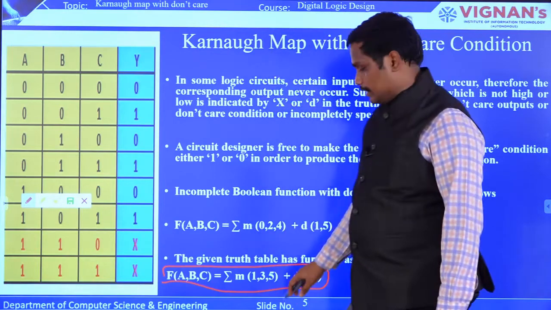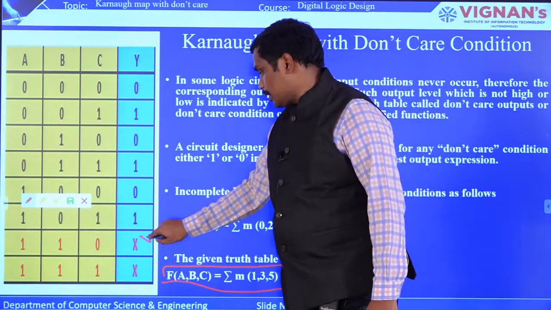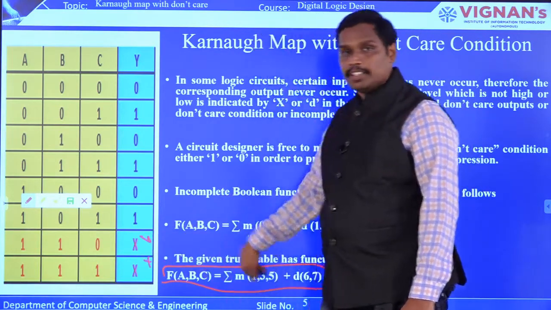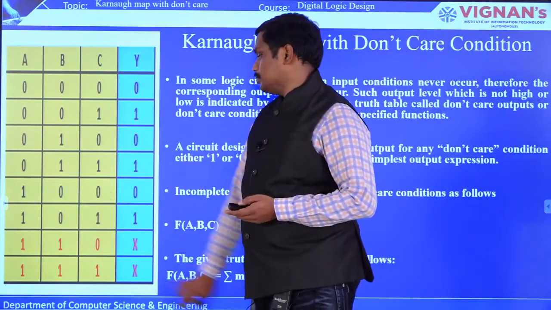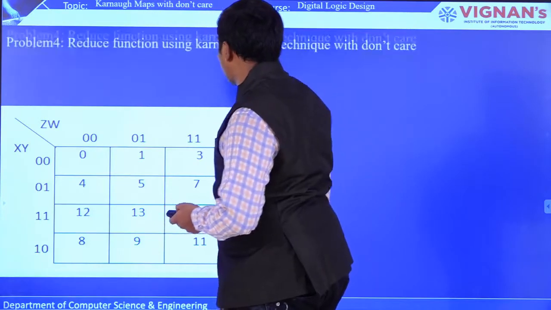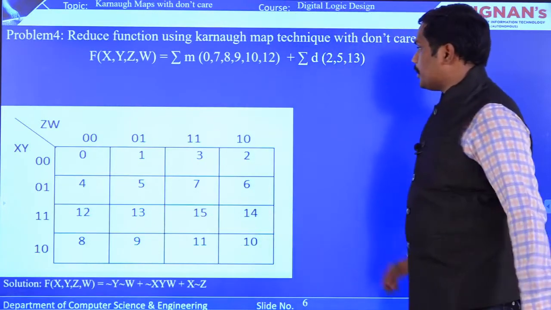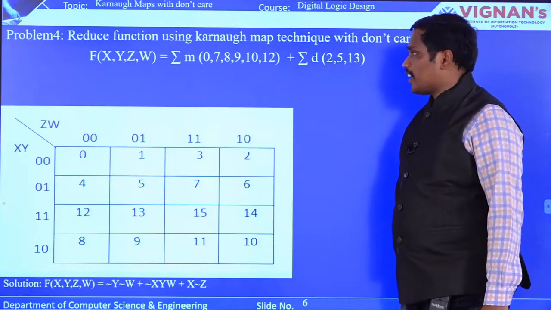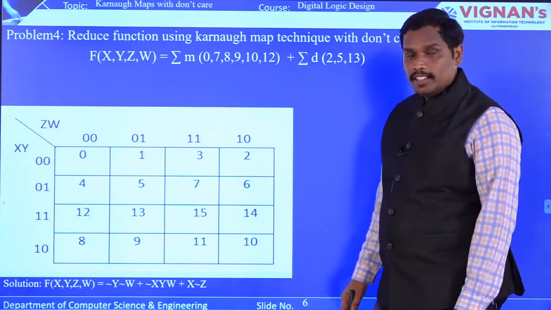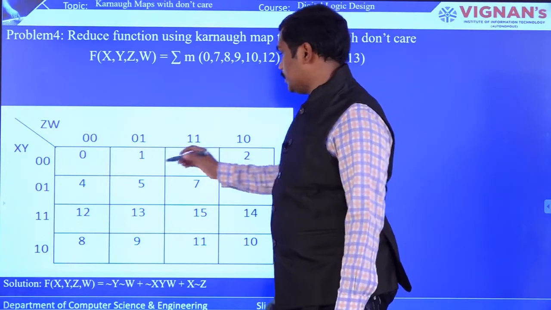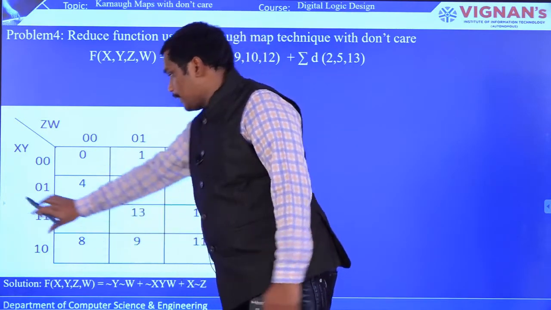Because you can see here the 6th and 7th are don't cares. So this is how the expression is written for don't care, right? So now with the don't care conditions, you are going to construct a Karnaugh map. So here you can see the positions of the min terms. So directly I am going to place ones. So for that particular min terms, the 0th location you are going to place 1.